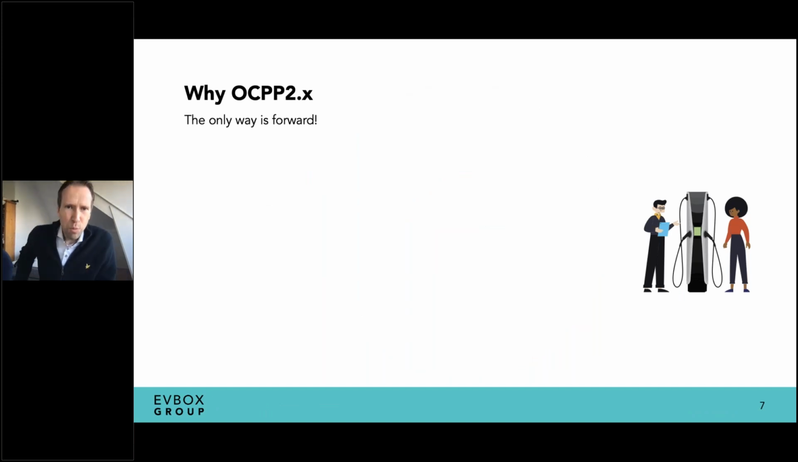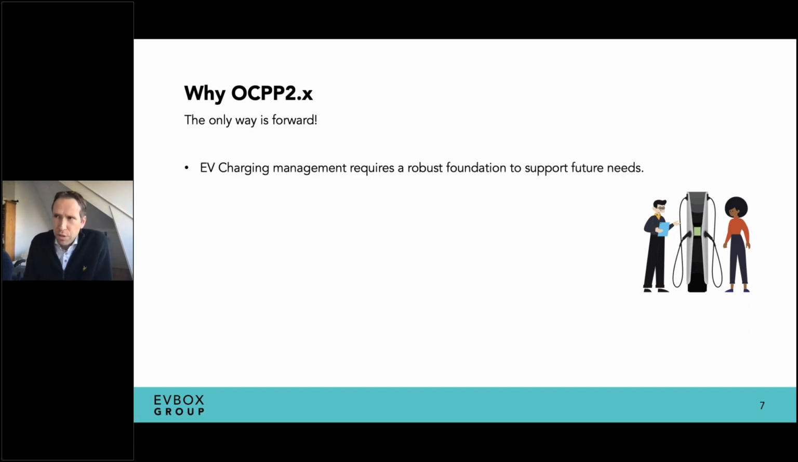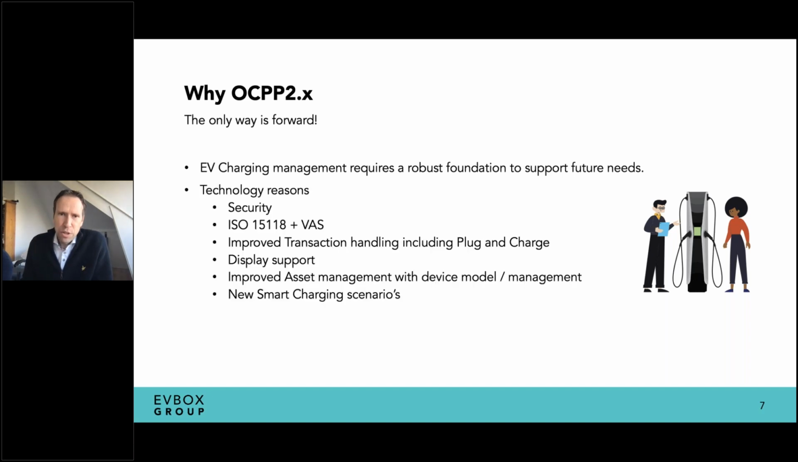Some background about why we believe OCPP 2 is essential to move forward. I subtitled it "The Only Way is Forward," because I strongly believe that you need to have the right foundation for doing this, for supporting all the future needs that we see coming in combination with EV charging. And so the technology reasons, I think Milan already listed them quite detailed, but for us it's very key that